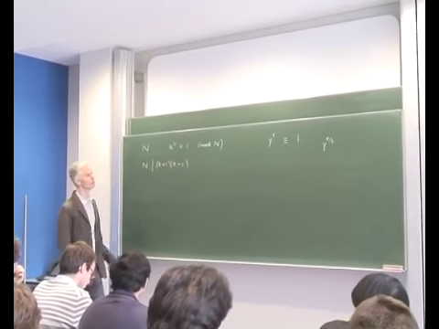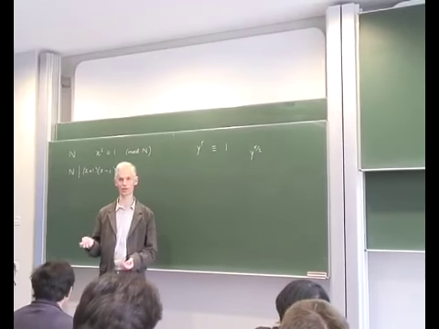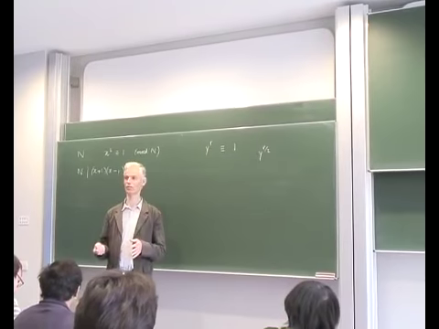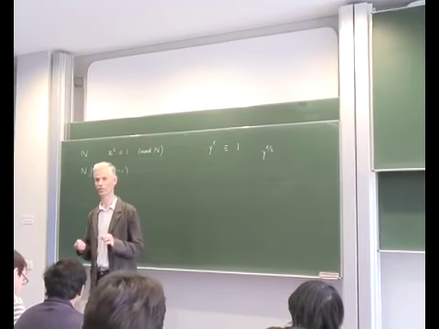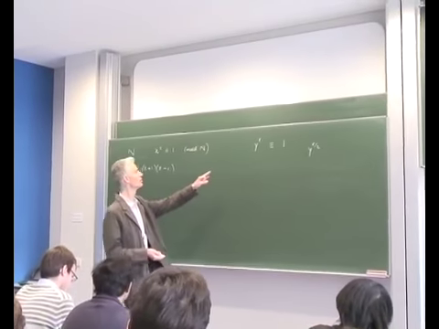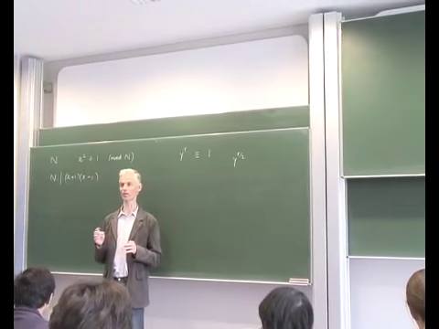Okay, so we've reduced the problem to the following question. I give you a capital N, and I give you some integer between 1 and n minus 1. What is the order of that element in the multiplicative group mod n? What is the smallest power that gives you 1? Now, of course, I made this remark last time, there might not be such a power